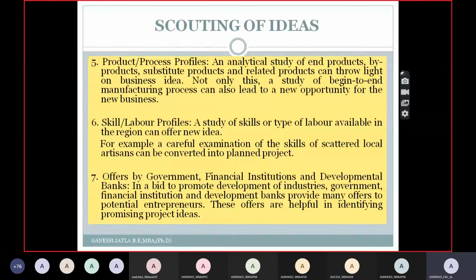And second, people became lazy. They don't want to go outside their home and search the streets to purchase a product, because in Amazon, sitting at home, you will get that product. So because of these reasons, you purchase through these websites. So you examine the skills in a particular local area and you can sell those products in some other area where there is a need for that product. So this is what generally happens. So with skill and labor profiles also you can generate project ideas.